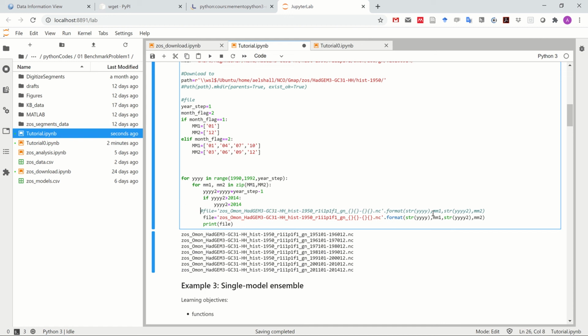So this should be something like this. It should be here, for example, 1990-01, and this should be 1990-03. So that's from January to March. And now here, I want to pass the year, okay? And again, this time step, the first year and the second